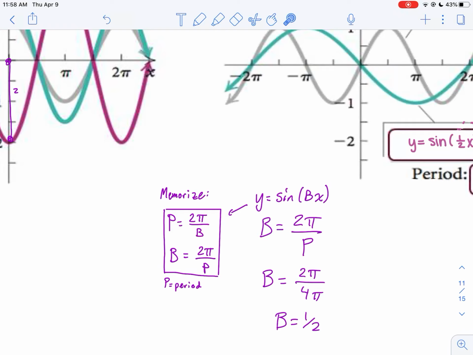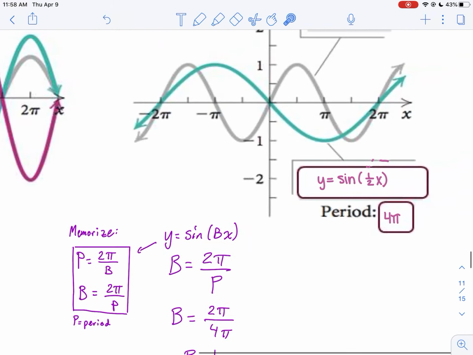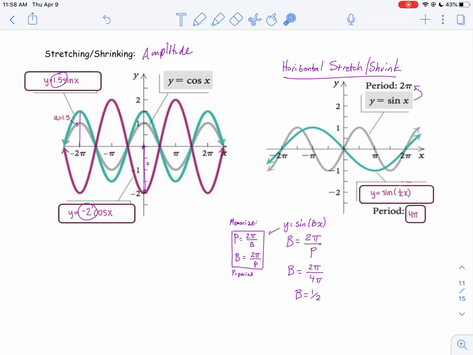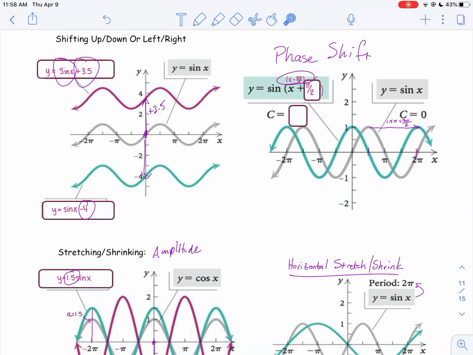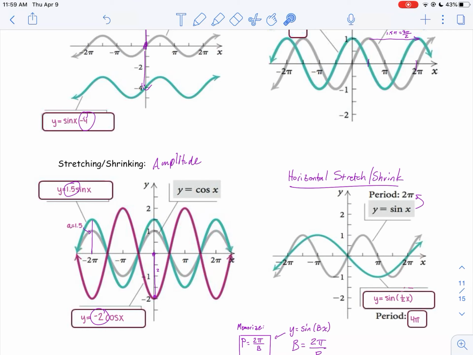You can also think of this using a little formula. So you can see here, the period is always equal to 2 pi divided by b. And if we solve around, multiply by b and divide by the period, we get b is equal to 2 pi over p. And so here, I mentioned to you that the period was 4 pi. You plug in 4 pi and you see b is 1/2. So you can think about it more logically and reason out that it's going to be 1/2, or you can use the formula here. Either way, that gives you kind of a summary of how to shift and